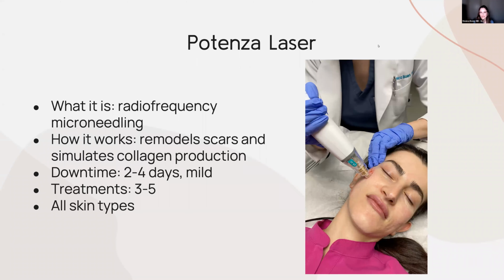So our second laser is the Potenza Laser. This is a radio frequency microneedling laser. It has a variety of little needles on each tip, and at the end of the needle is radio frequency energy that delivers heat to the scar as well. So it works both ways, mechanically remodeling the scar and also delivering heat to help improve the scar